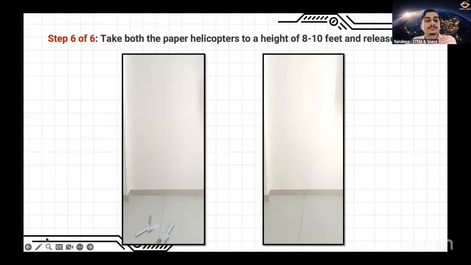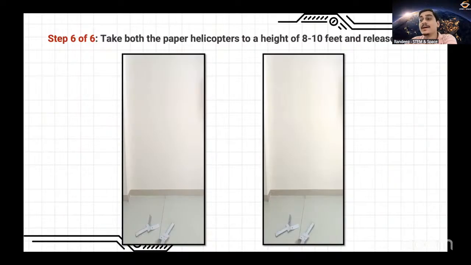When you release it, do try to record and see which one is falling faster. So if I show this video to you in slow motion, then let me see if you can get which one is falling faster and which one is taking some time to fall. If you notice closely, the helicopter in which I had folded the entire blades A and B actually fell much slower when compared to the one in which the blades were folded only till the half of their lengths.